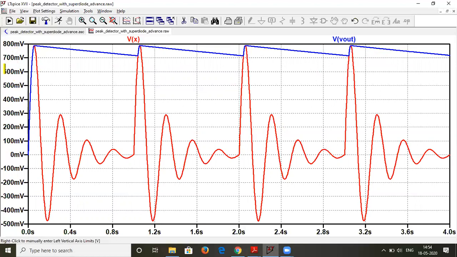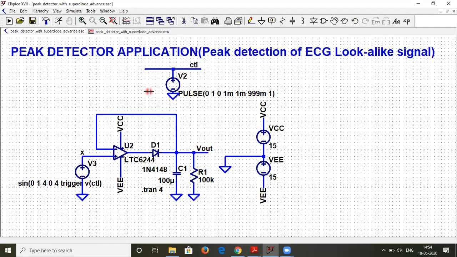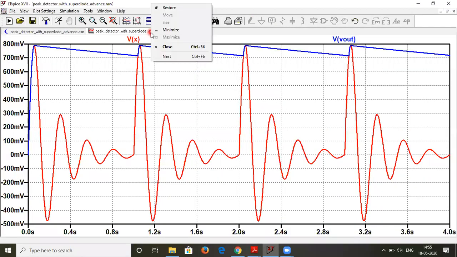In actuality it is even smaller, but this is just to show you an ECG-like signal. This will give you a feel of a practical application of this peak detector circuitry. I recommend you try this on your own, and you can develop similar applications and simulate the circuits in LTspice. Now let us go back to our topic.